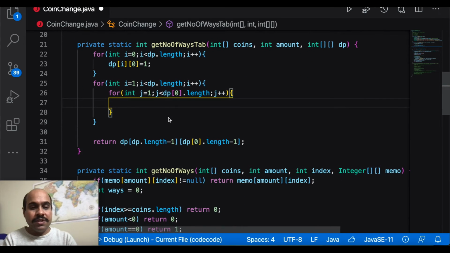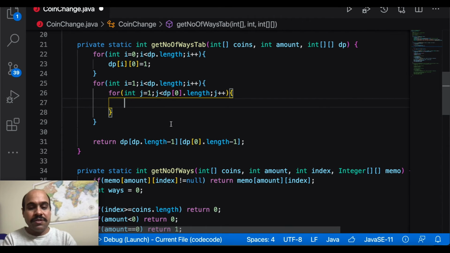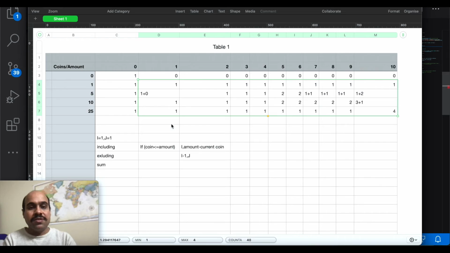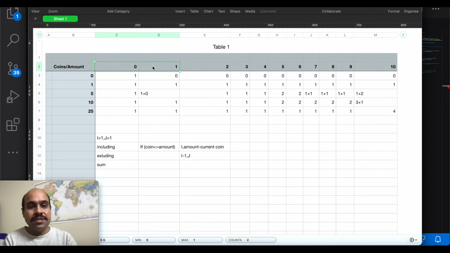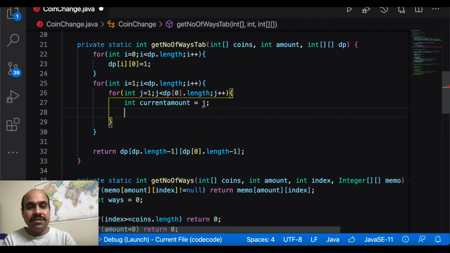And what I need to do it here, so I come back. So I have to have two condition, including and excluding condition. I need current coins value and current amount. So let me do one thing. So first let me find out what is current amount, just so that you understand this in detail. So current amount, if you see, the jth index is the current amount for us, because we have created a 2D array where the column index we are having values from 0 to amount. So basically if I am at index 2, it means I am trying to find out the value for amount 2. So we can simply say current amount is jth index.